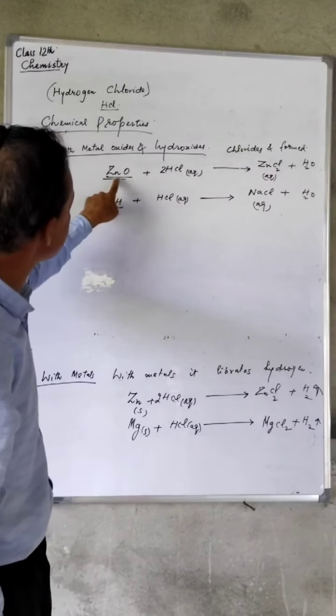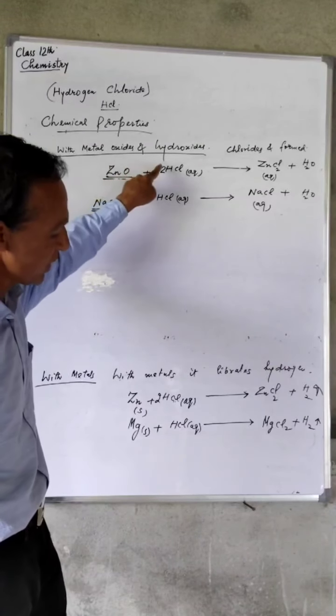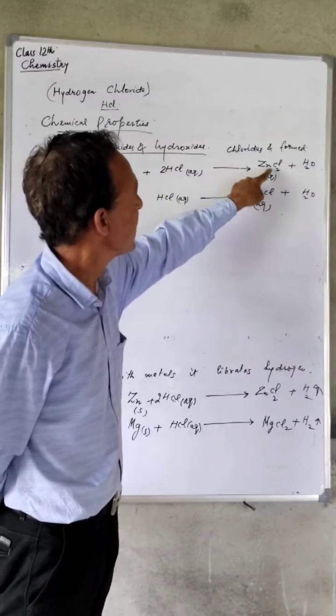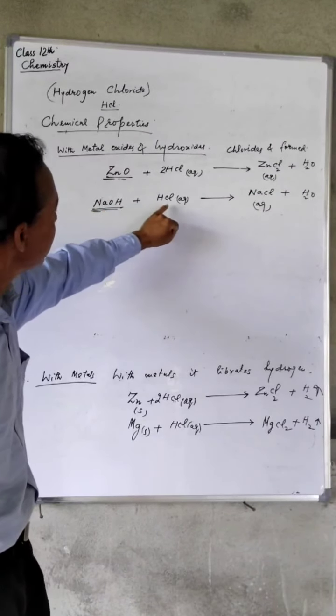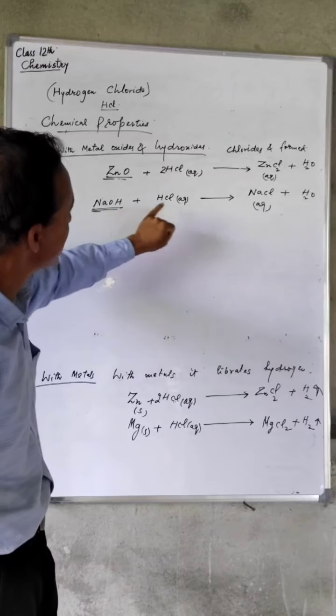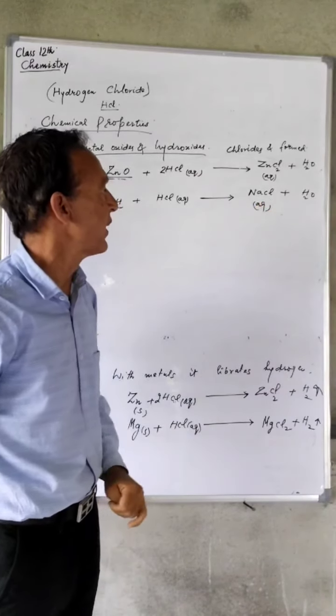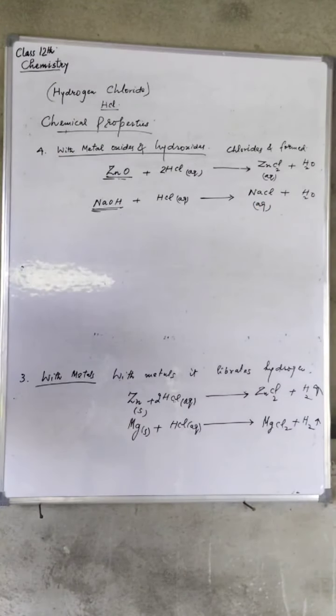In the first reaction, when the zinc oxide reacts with the HCl, we form zinc chloride plus water, and in the second reaction, when this HCl reacts with the NaOH, it forms sodium chloride and the water. Now next is